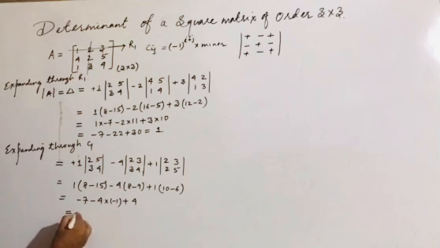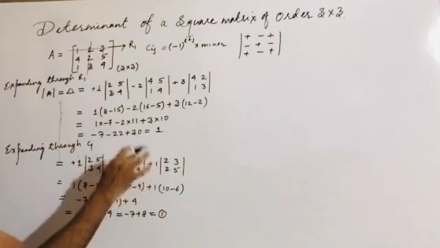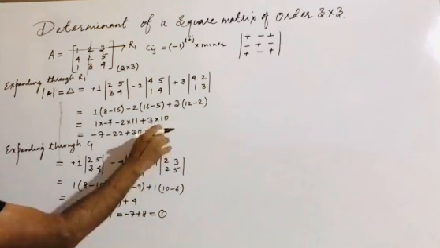So what am I going to get here? Tell me. Minus 7 and then plus 4 and then it is plus 4. No, it is correct. So it will be minus 7 plus 4, 4, 8, which will be equal to 1. So here you can see that both the values I am getting are the same, so my answer is correct.